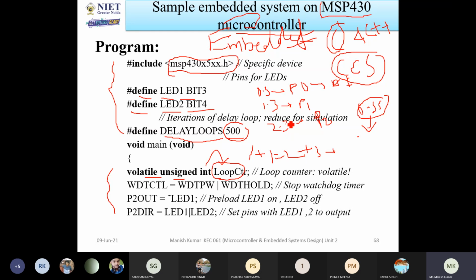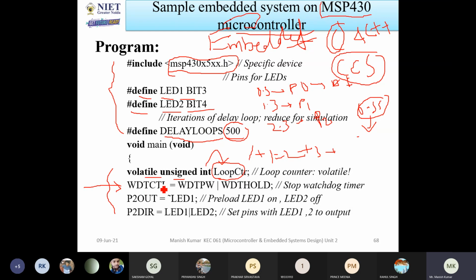Now see, I already explained that the MSP430 also has a watchdog timer. So what is the watchdog timer? The watchdog timer takes care of any software failure. But if you want to modify the programs in the case of the MSP430, you need to stop the watchdog timer.